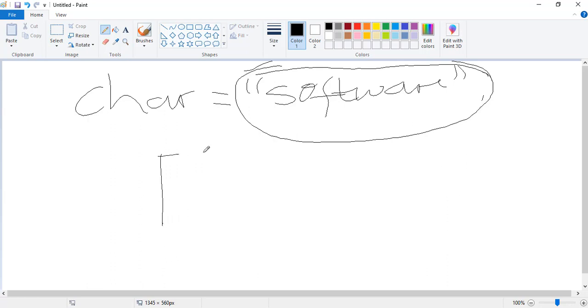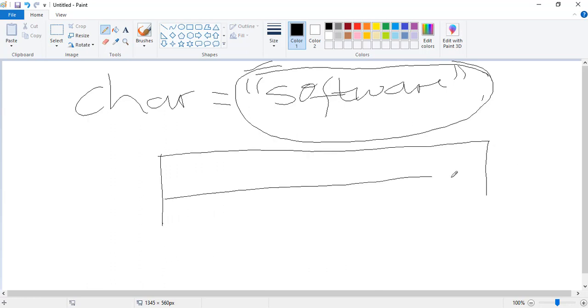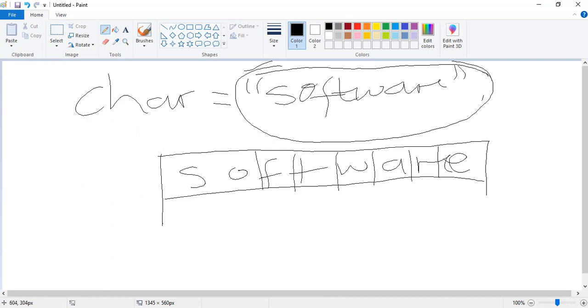So in the memory, it's going to be stored something like this. We have SOF, right? Sorry, E here. So this is how it's going to be stored, a block of bytes like this. Then at the end there is something they call the null byte terminator. So it's going to end with this